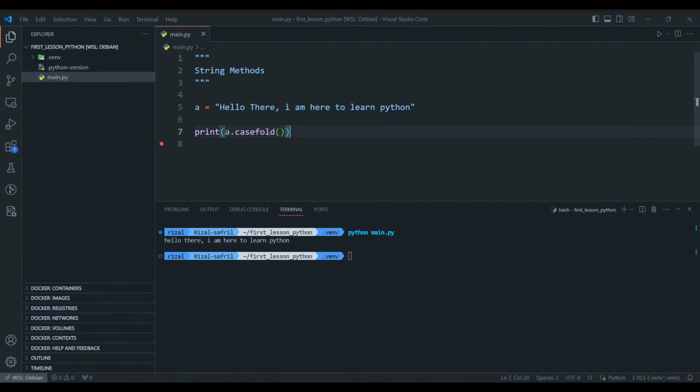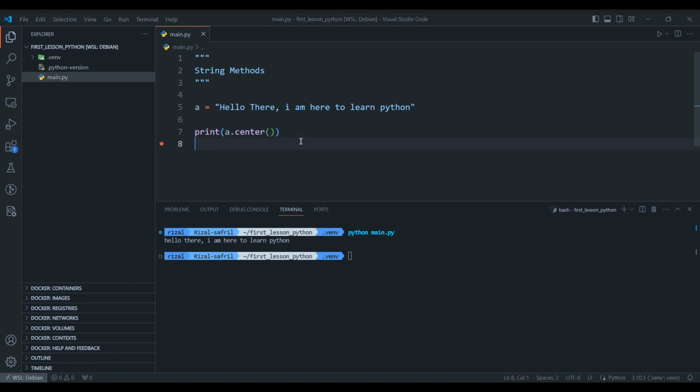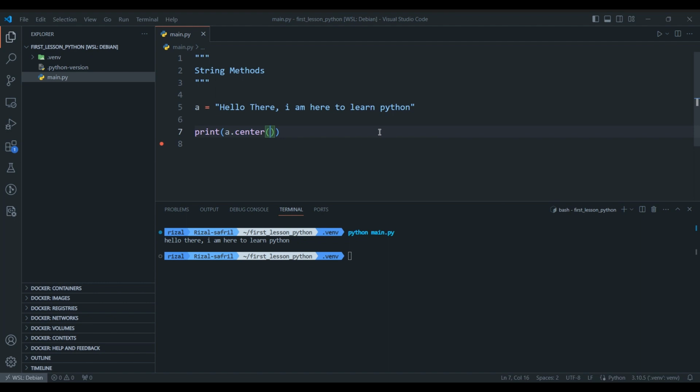Okay, now we try to use another method called center. As we know that center itself returns a centered string. So I will show you the output for this later. Basically in center, it has some fields that we need to fill in here. It needs width. So the width, let's say that we need to put a width of about 20 and we see the output. So here basically it will make a space in here and it pushes to the right around 20